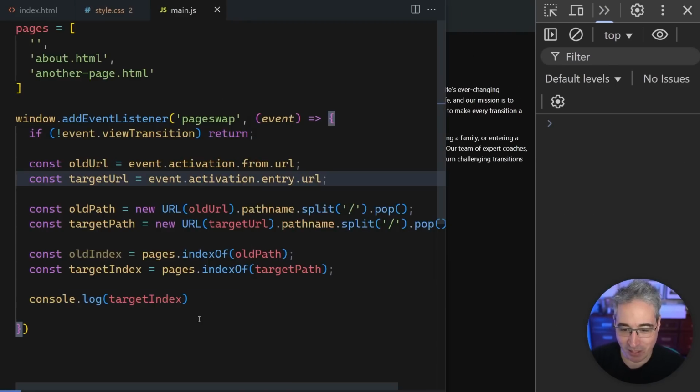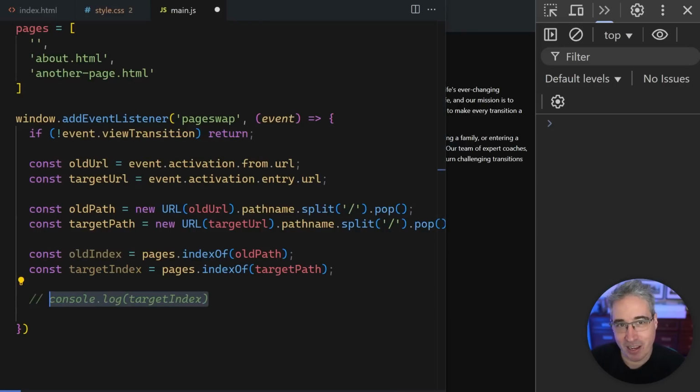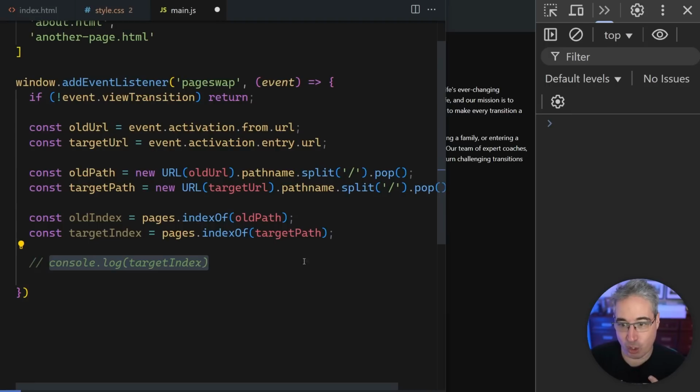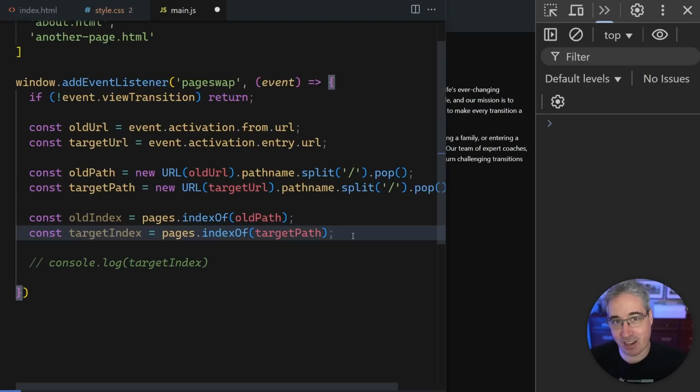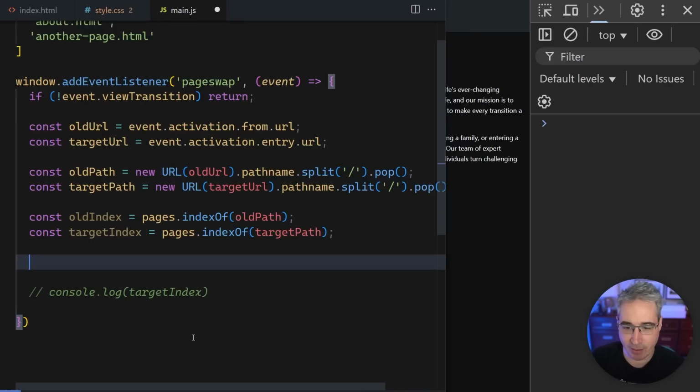We'll tackle that as we continue going through this though. But we don't need that right there anymore. But what we want to do is check which one, are we going to a page that's a higher index or a lower index? So to be able to figure that out, I can come on this and say that